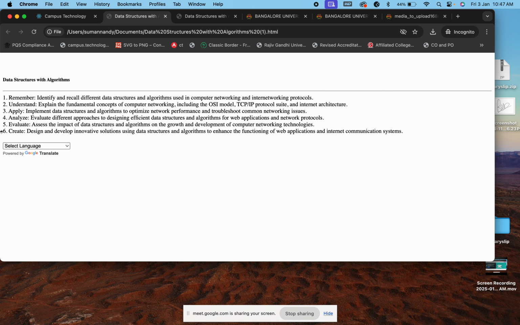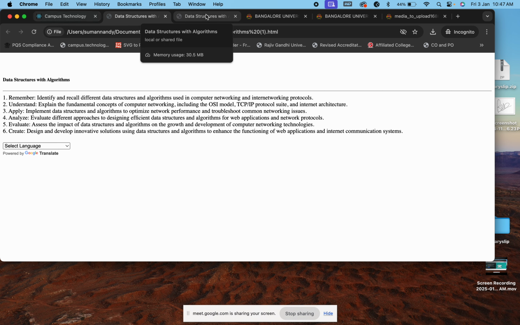Yes. So here, if you see, these are the keywords: remember, understand, apply, analyze, evaluate, create. These terms should be there in your course outcome. You can just print it and keep it available for each paper, and you should be good to go. All you have to do is pick up the keywords. The mapping and the actual generation of the outcomes with proper keywords, the portal will do it for you.